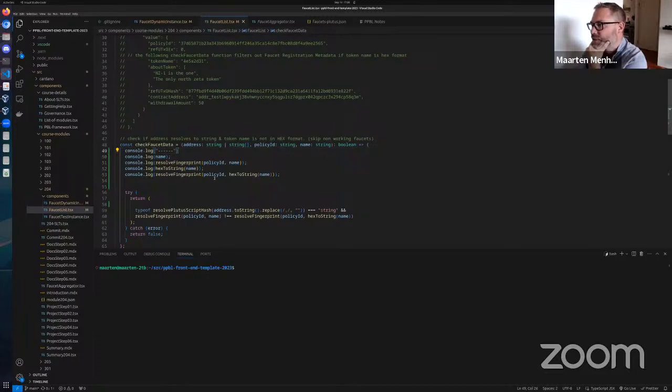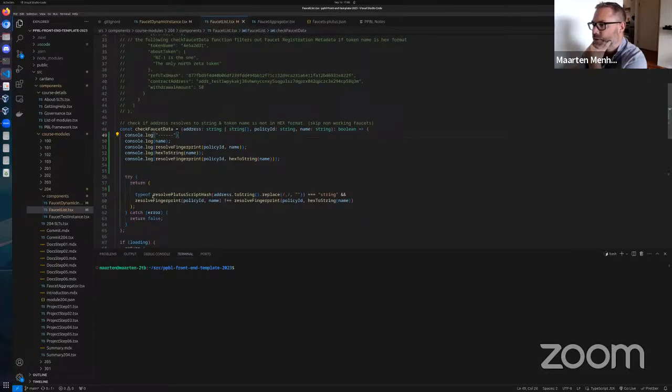Oh, I added some stuff here myself. And here it does a Mesh function, resolve Plutus script hash. Oh no, resolve fingerprint with the policy name and the name. And it compares this, if this is not the same, to the hex string of the name.